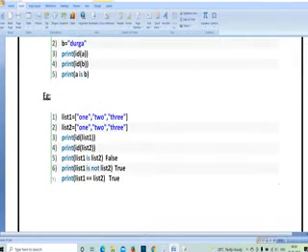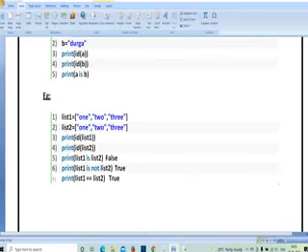Next, this one is list. If you know regarding list, it's no issue. If you didn't know regarding list, you can see my previous video. In that you are having a concept of list. So here I have given a list. I have given three values. What is the thing you have to remember in a list? Whatever the data you have defined, you have to define in either single quotes or double quotes or triple quotes also. Here in the list I have given three values. First one is 1, second one is 2, third one is 3.